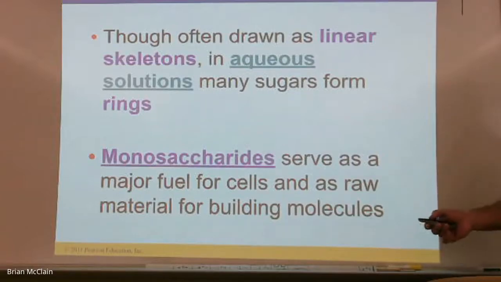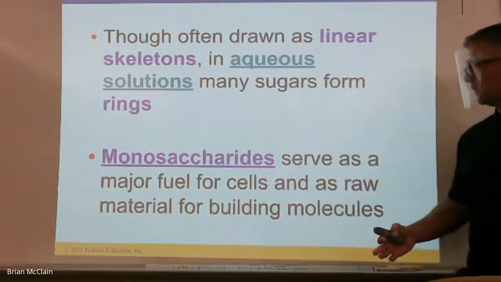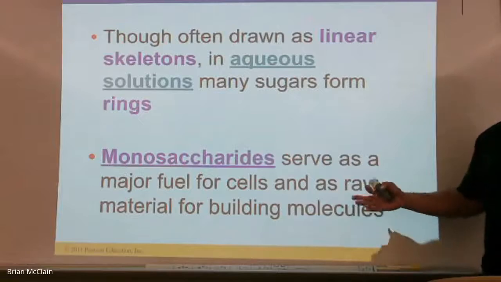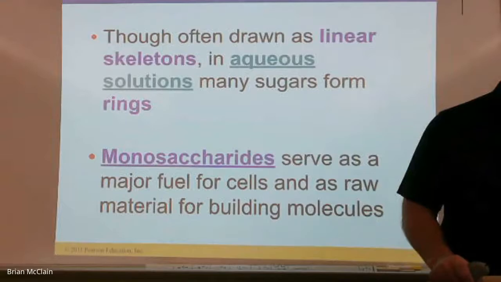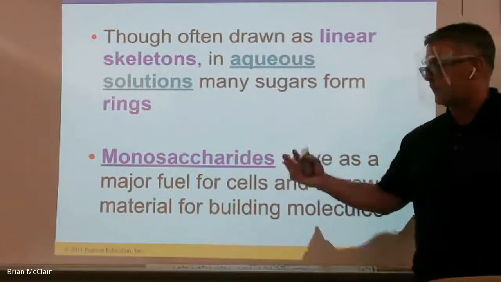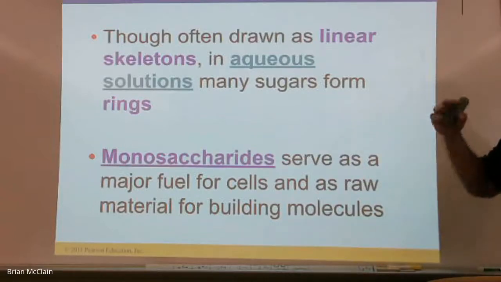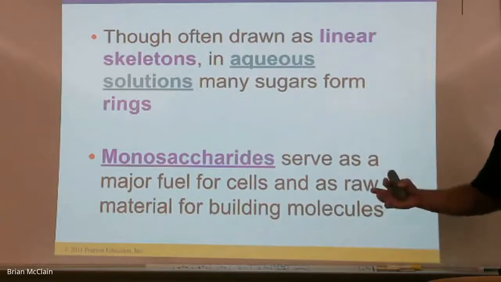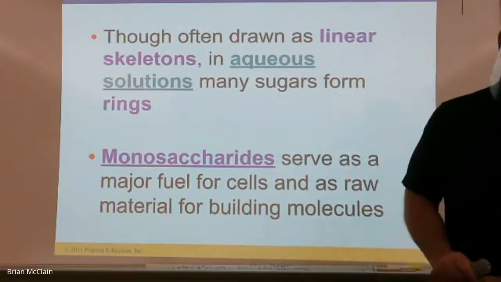So we had already talked about this. We said the monosaccharides, these are simple sugars. These are simple sugars, so they're going to be a good fuel source, and they're also going to be a building block for some of the other components that we will go through in establishing an organism and building up the cellular components, whether we're talking about the membrane components and some of the other energy sources that are stored throughout the cell. All right, so